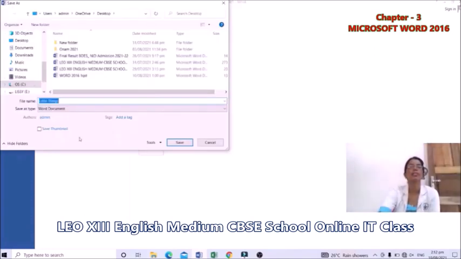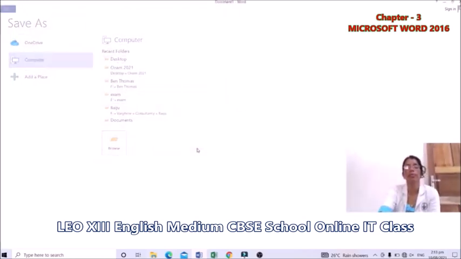This is the save as dialog box. Then type here little things. Otherwise you have to type here little things. Type one file name. Then click on this save button.